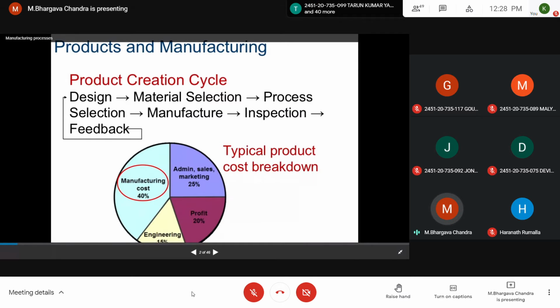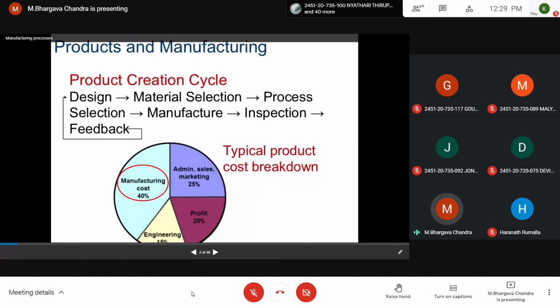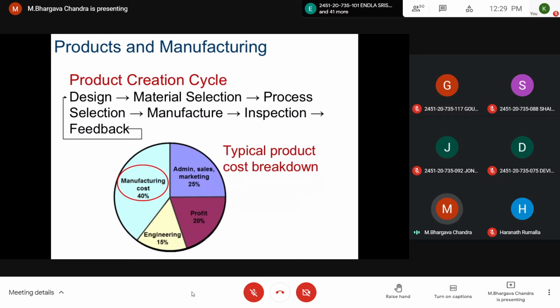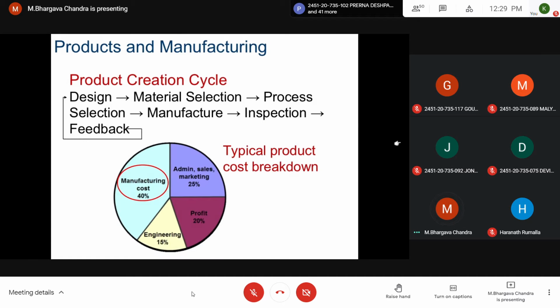If it is okay, it will go through. Otherwise, it will go back to the design, and it will be checked for its design fault or any other production fault. If possible, it will be remachined, remanufactured, inspected again and accepted. Otherwise, it will be rejected. The thing is, it should not be in a totally disposable position. If no error is there, it can be kept aside, then remanufactured or remachined.